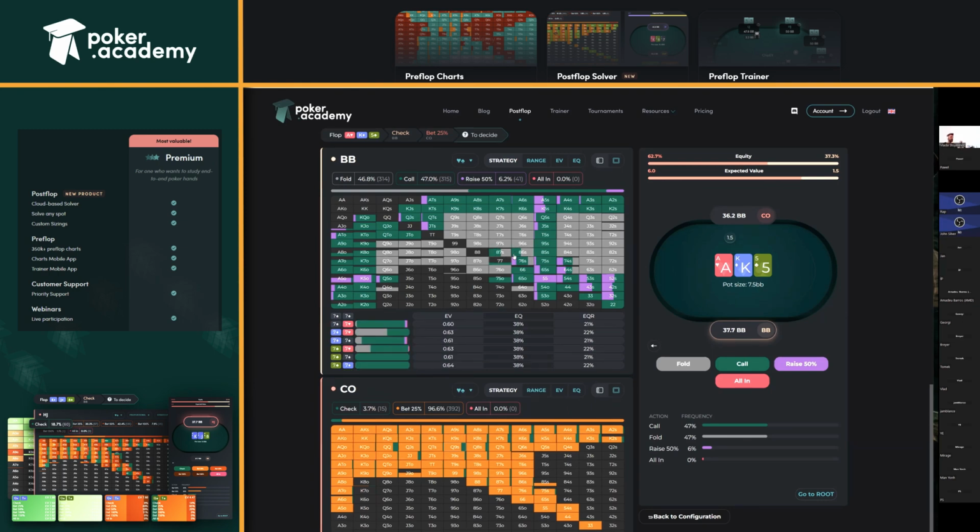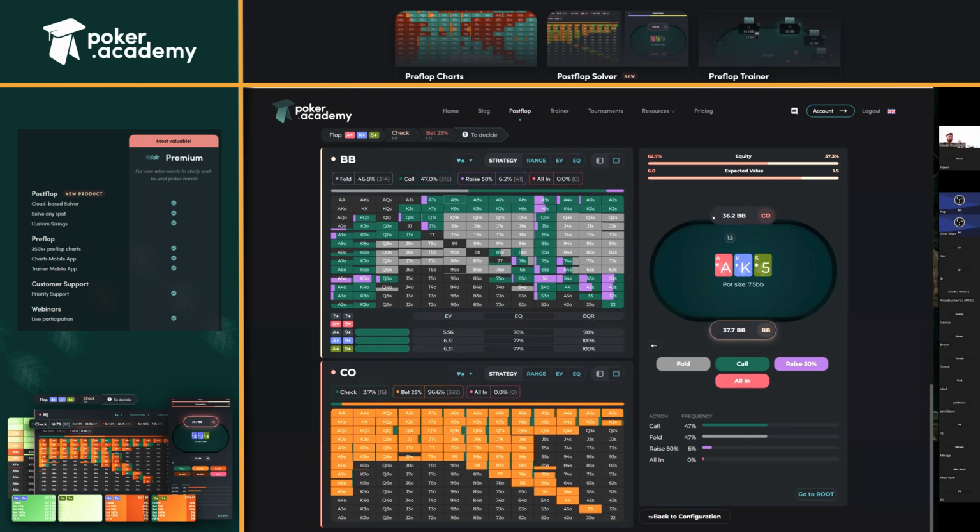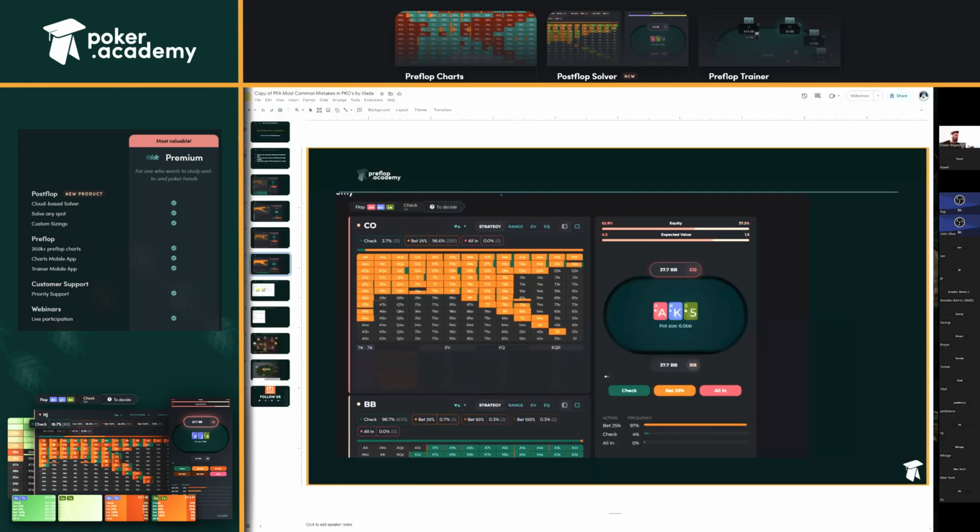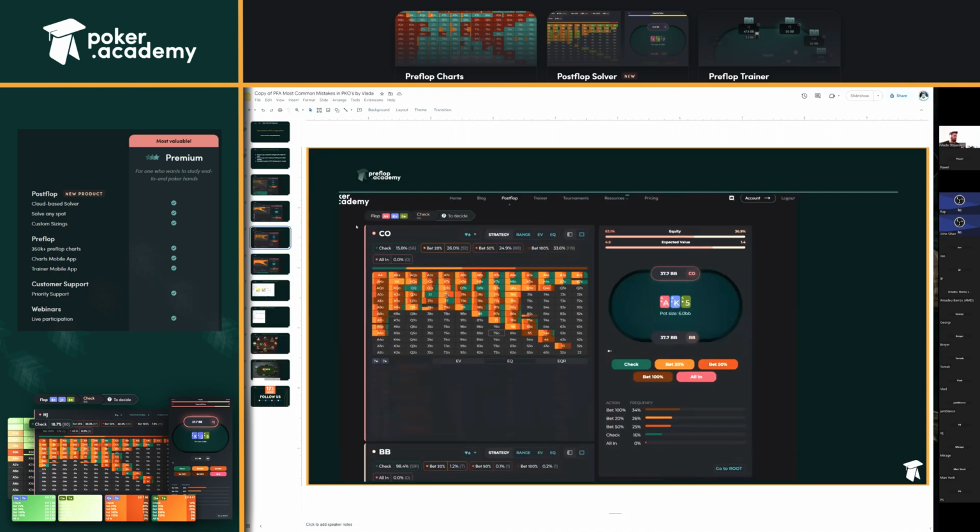And yeah, playing this simplified strategy is going to gain pretty much the same EV. So you don't need to bother too much. You can study some other things instead of going into all the details. But if you want to play a more complicated strategy, which is completely fine, I think,